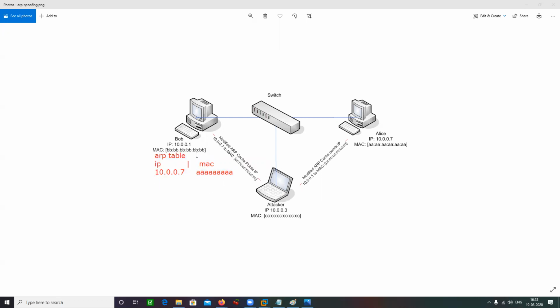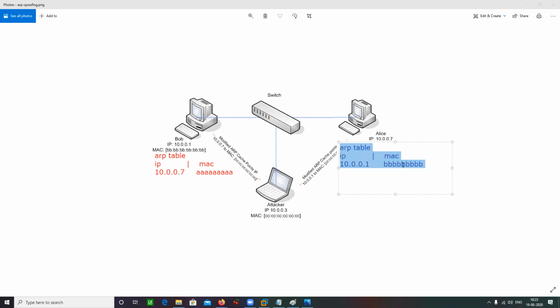This is how the ARP table on Bob's side is going to look. Similarly on Alice's side, the ARP table is going to look like BBBBBB, something like that.